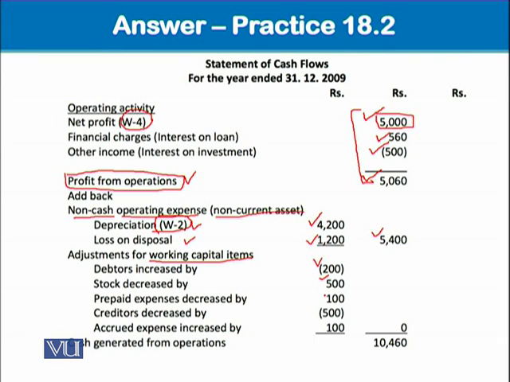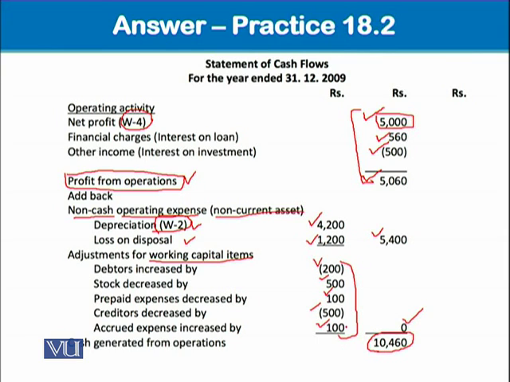Prepaid expenses decreased by, add. Creditors decreased by, subtract. Accrued expenses increased by, add. All right. By chance, its net effect is 0. Okay. So its net effect will be placed in the outer column,